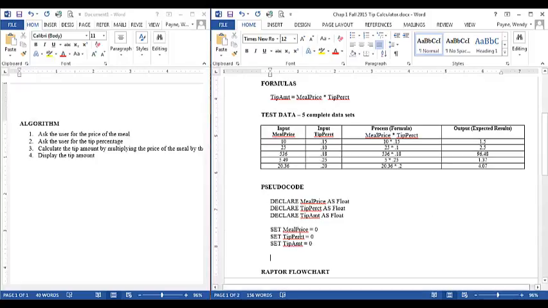So now that I have all of these declared and initialized, I'm going to come back over here to my algorithm. My first step in my algorithm is to ask the user for a meal price. Well, if I'm going to ask the user for something, I'm going to have two statements. The first statement is going to be to prompt them. So the keyword that I use to prompt or to display information to the user is write. So in here, I'm going to ask them to enter in the cost of their meal. So please enter